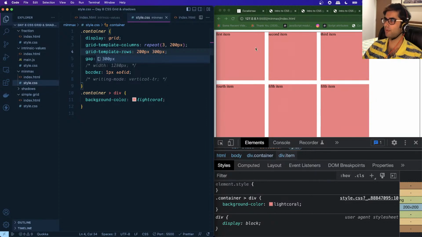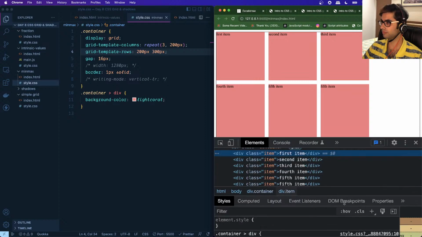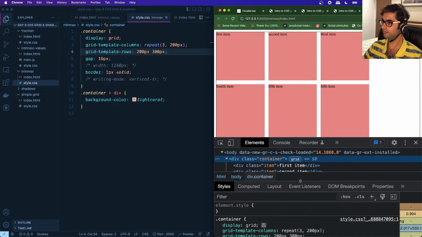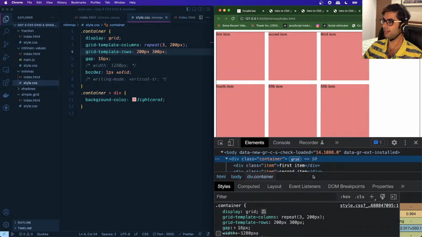And suppose what I want is that all of these items should appear in the center, right? So what I can do is let's select the container. So we can see that the container has